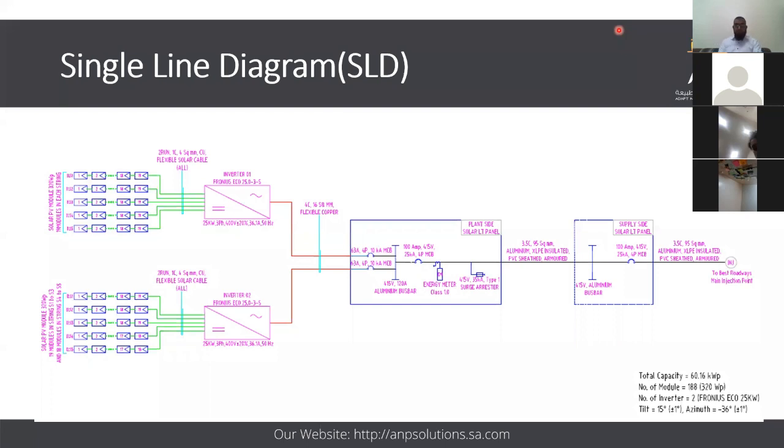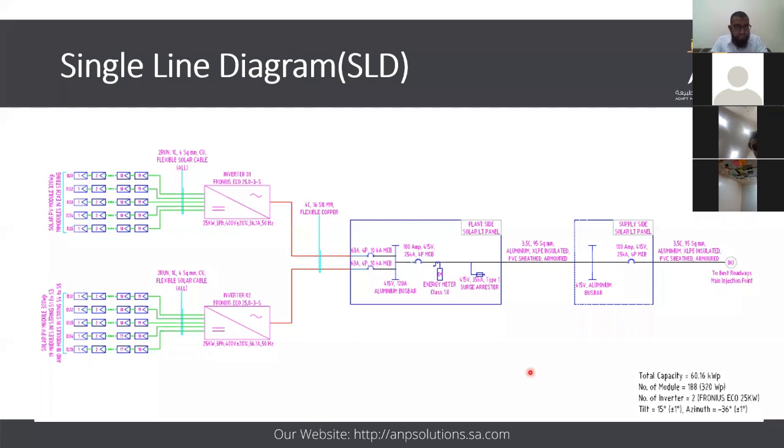So today I'm going to explain the SLD, single line diagram, and design criteria for solar module mounting structure design. First of all, I'm going to explain the single line diagram. As you can see on your screen, in electrical engineering the single line diagram is a main component. If you want to understand the system, the basic components and the flow of energy and power, you can understand them from the single line diagram.